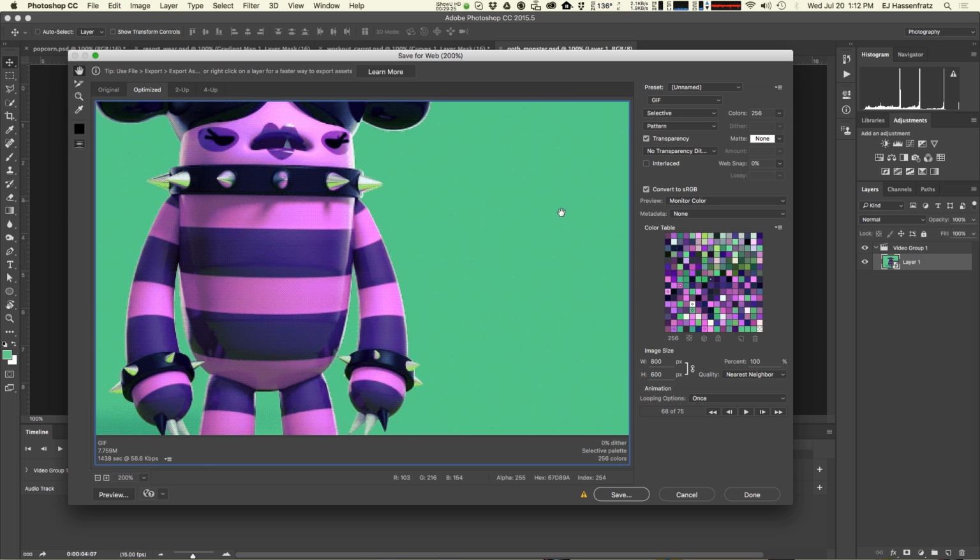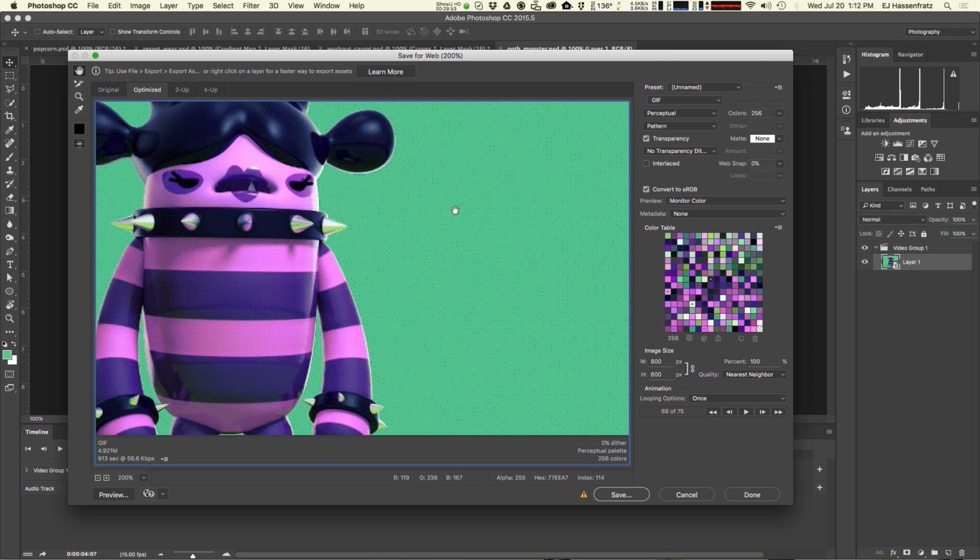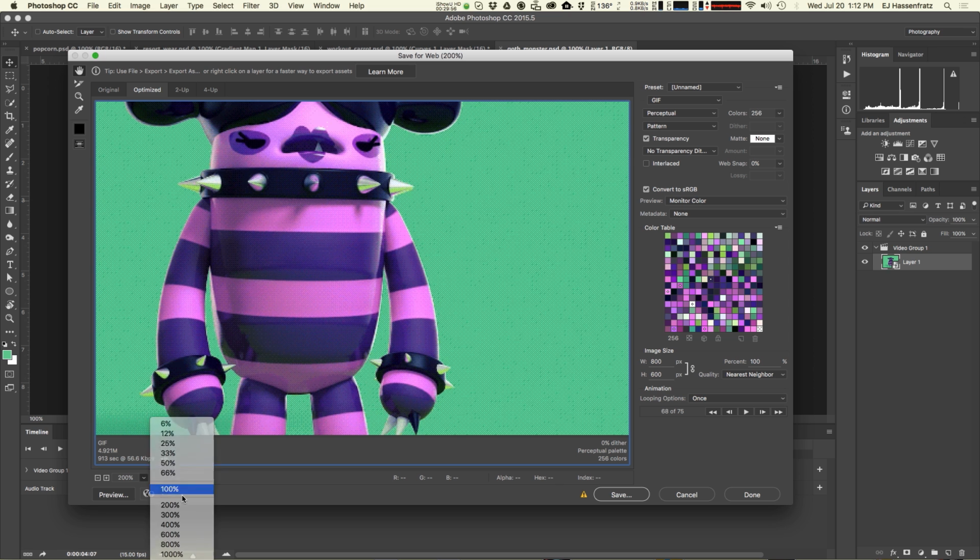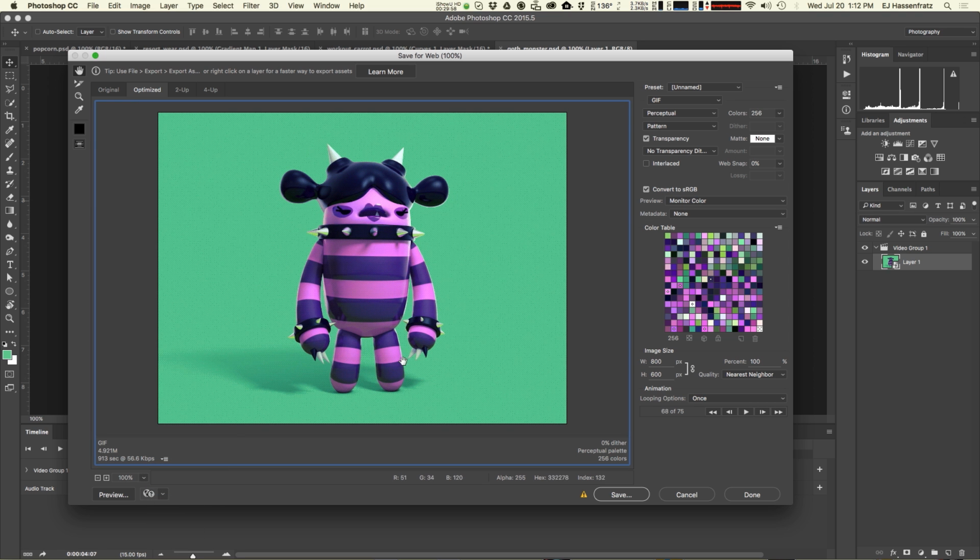So what we can do, and I can see my file size just jacked up here, so that's something to keep in mind too. But you'll see the difference if I use something like perceptual as this goes through here. And again, applying the selective color reduction algorithm, and you're going to see one huge difference. Well, one being that our file size went way down, but the bad thing is now we have this pattern where there used to be flat color. And if I zoom out here, you're going to really see that pattern show up very slightly,